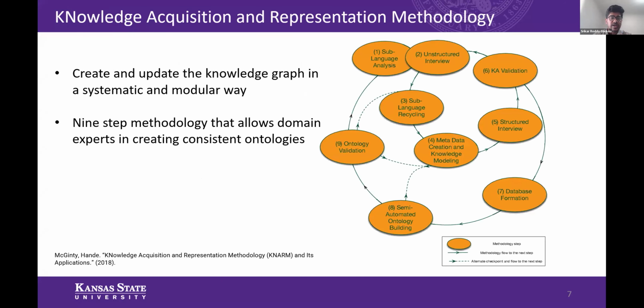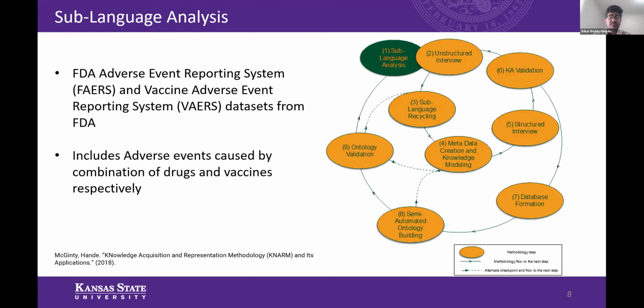In order to create and update the knowledge graph in a systematic and modular way, we use the knowledge acquisition and representation methodology, also known as KNARM. KNARM is a 9-step methodology that allows domain experts and knowledge engineers to build useful, consistent ontologies formalizing domain data and knowledge. Some of the main steps of KNARM are sublanguage analysis, which identifies the key concepts and terms used